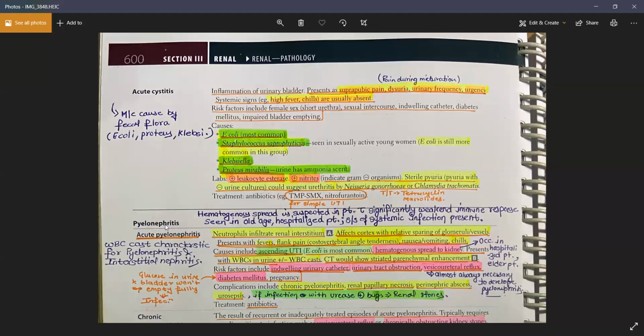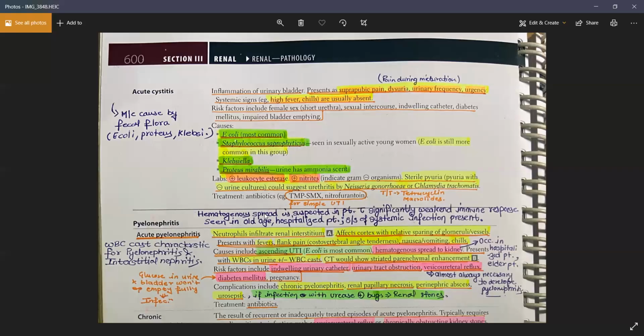So the third important thing is the patient profile. You will only get this hematogenous spread in a nosocomial patient, in a hospitalized patient, when they have any history of immunosuppression, or they're of very old age, or they're admitted to the hospital with some condition. So it is always a disabled patient, always a hospitalized patient or an old age patient. Those will get the hematogenous spread.